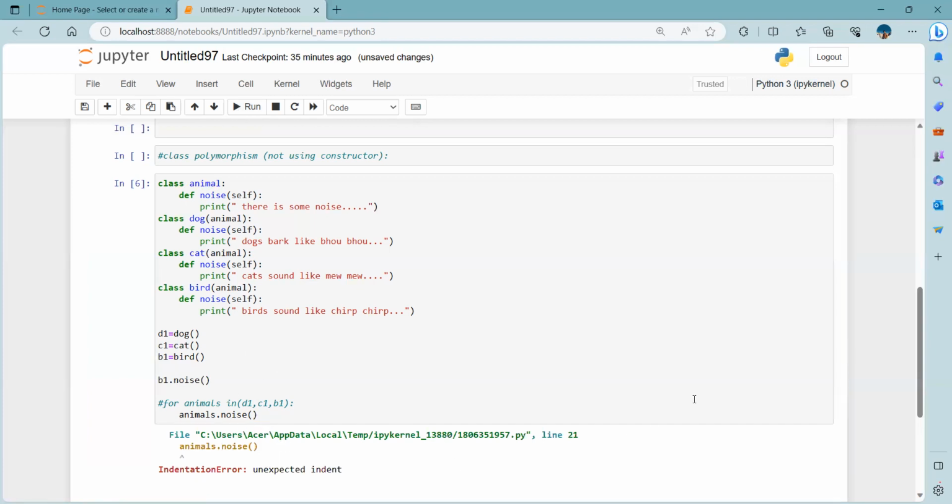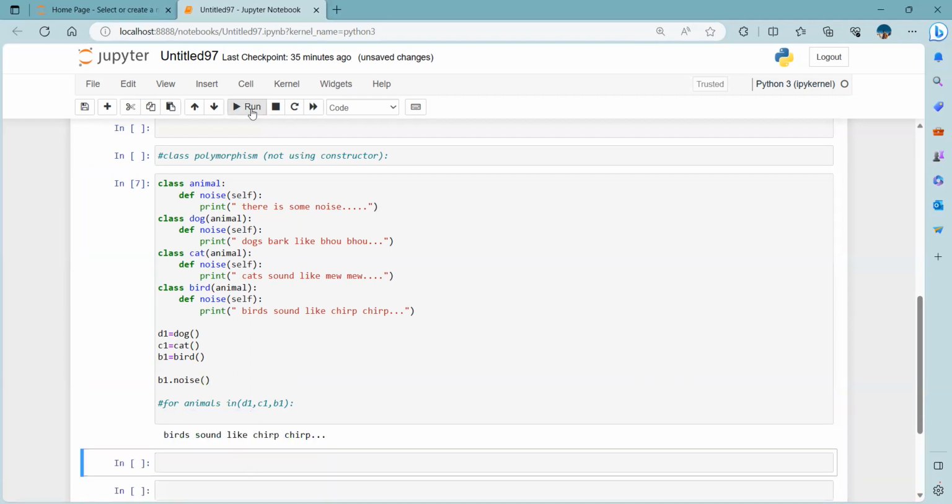What will it show? Animals. Okay. What will it show? Just the bird sound, like chip chip. That is the last method call. After the last method call, what is in that portion, it will just show that one, but it does not show